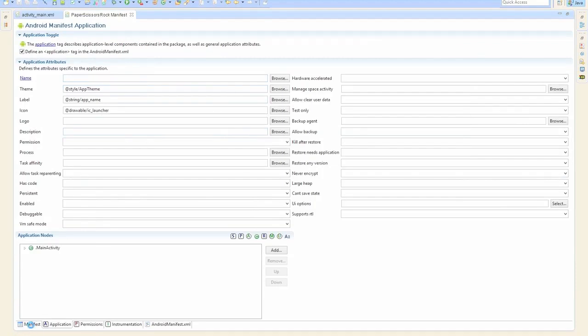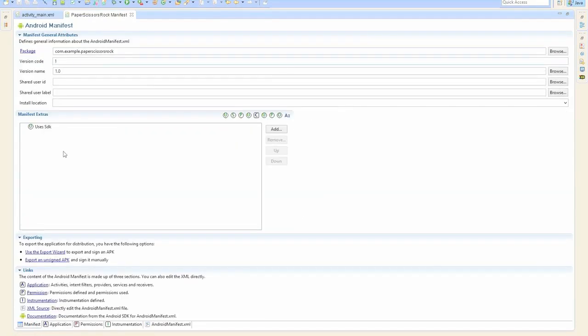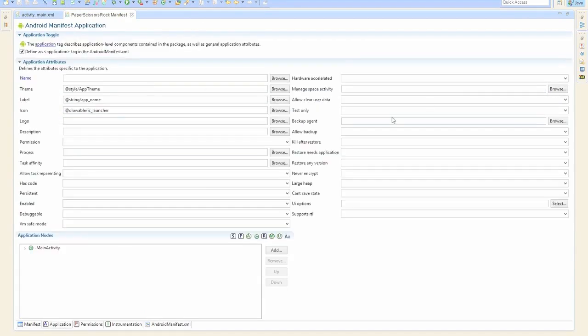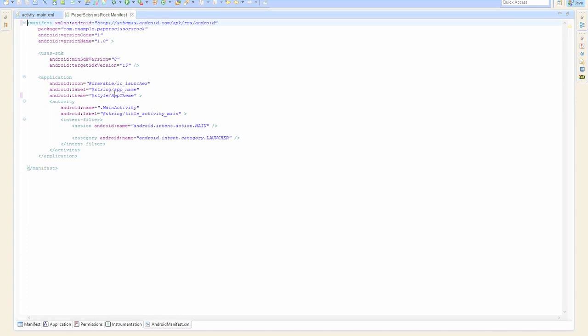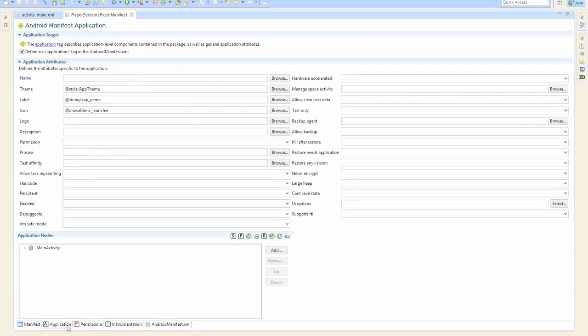You'll see down the bottom that we have the manifest, where we can set our versions, etc. We have the application, where we set the application's specific settings. We have permissions that we can add and remove, and these are application-wide permissions, different instrumentation, and then the actual XML file itself. So you can copy and paste directly into this XML file if you'd like to make changes yourself. We'll just quickly go to our application tab, and then we'll have a look at this theme,